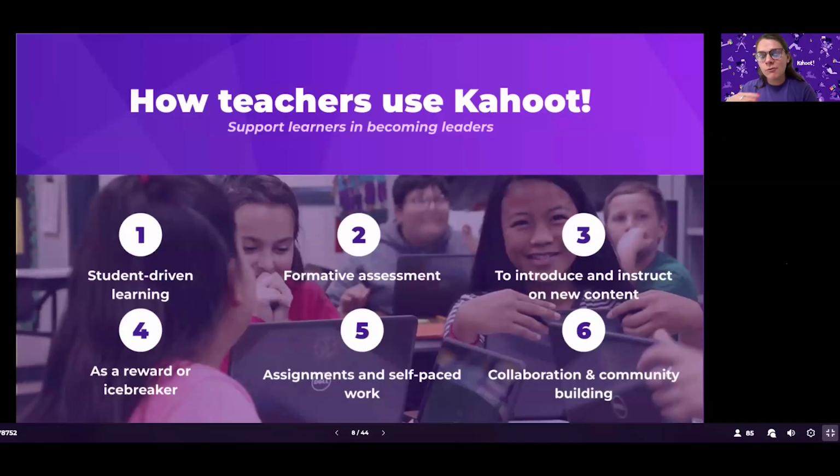Along the way, no matter the use case and the experience, we see that same viral energy of collaboration and community building embedded into the Kahoot experience. And in my opinion, that's what really sets Kahoot apart as being so fun, so exciting, and so impactful for that student learning experience.